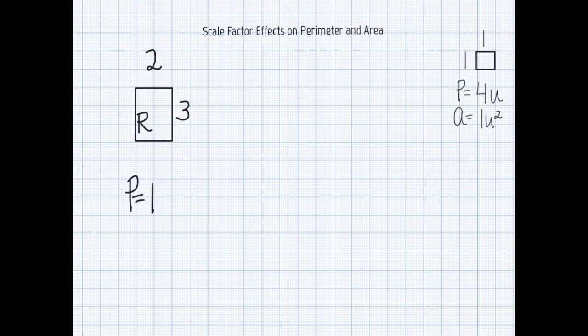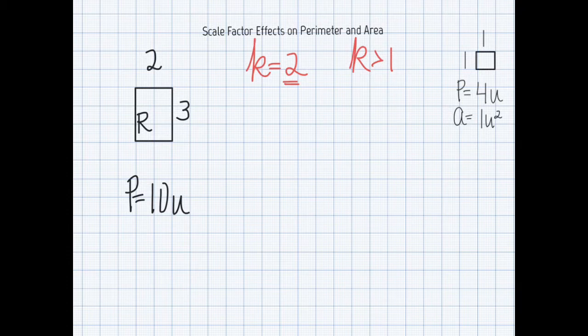units around the figure. Now the big question becomes, if we apply a scale factor of 2 to rectangle R, how will this scale factor affect or impact the new perimeter of rectangle R prime? Let's model this effect by applying the scale factor of 2 to rectangle R. Because the scale factor of 2 is an amount that is greater than 1, we know that we're going to create an enlargement. So we're going to multiply the scale factor of 2 to each dimension in the original rectangle